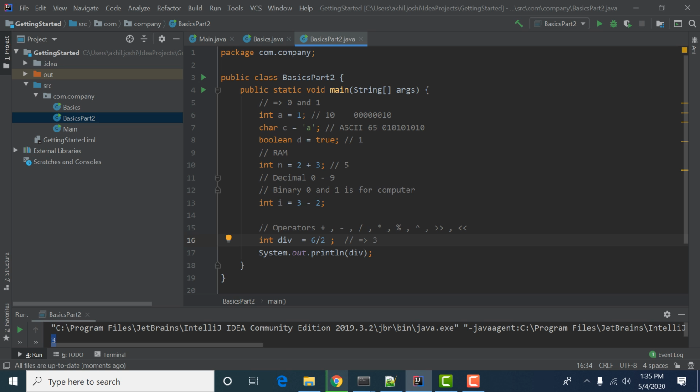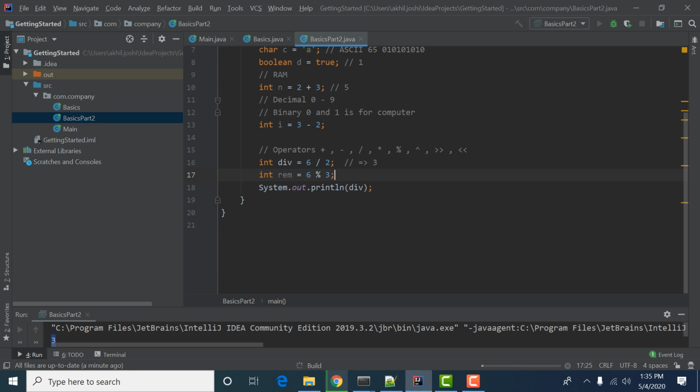If we are using the long division method, then 2 has a coefficient of 3, meaning 2 multiplied 3 times is equal to 6. Now for the remainder: 6 modulo 3 gives a remainder of 0 because it is a fully divisible entity.